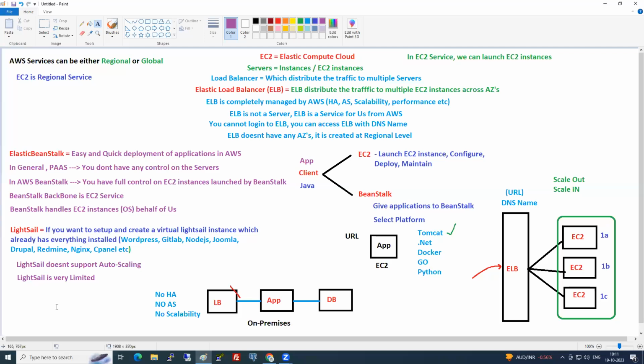No. So to handle the load, you need to increase the number of servers from 4 to 10, right? And when there is no load, do we need 10 machines? Not required, so again back to 4 machines. Increasing the number of servers is called scale out. Decreasing the number of servers is called scale in. So scale out and scale in together is called auto scaling. Good.